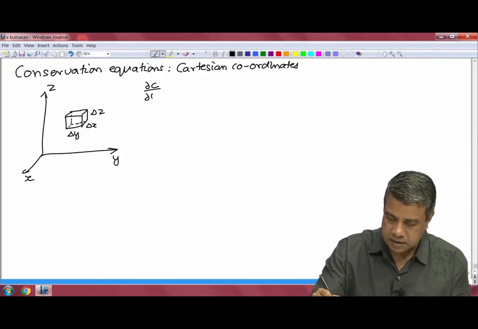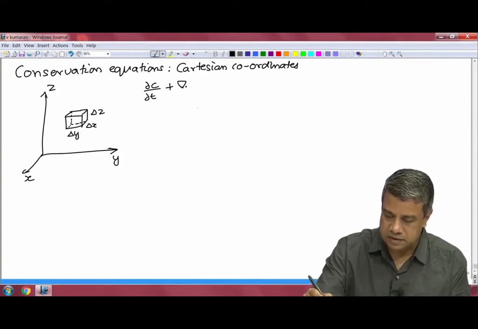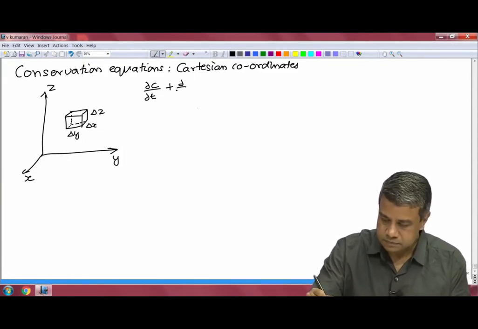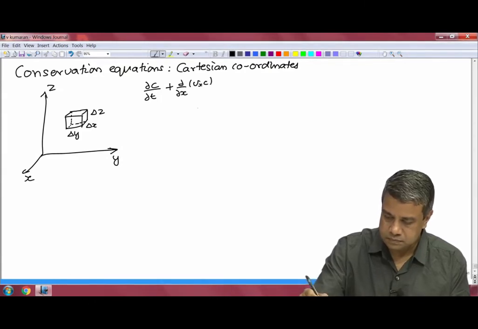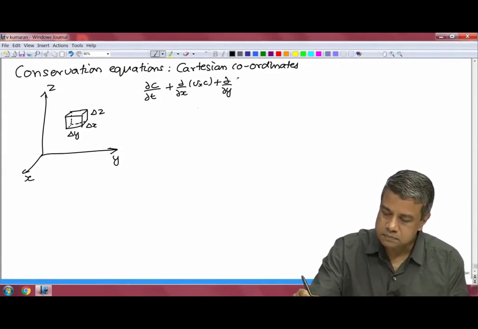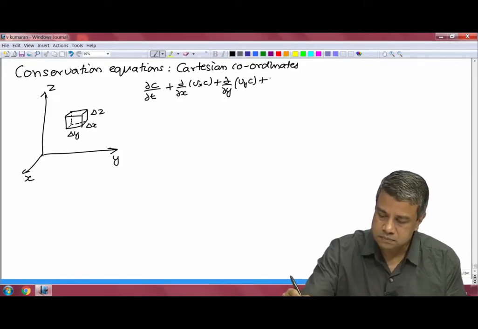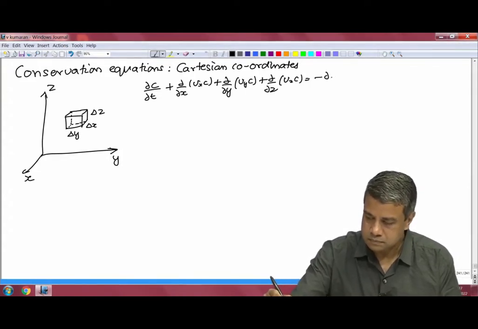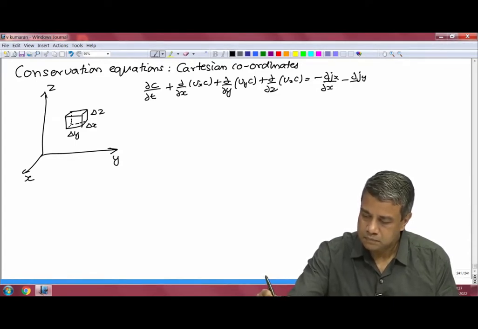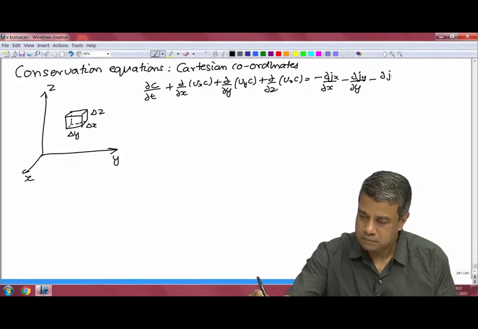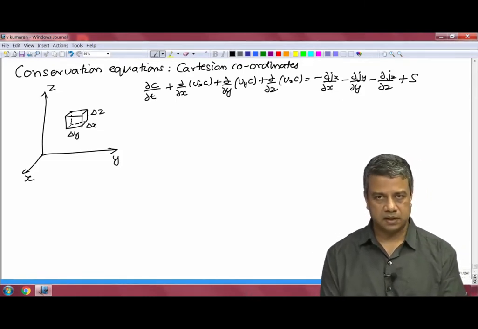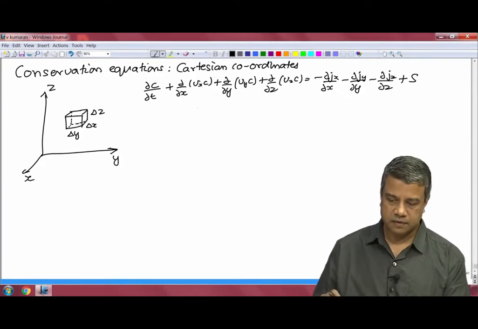Partial c by partial t plus the divergence of, sorry, plus the source. Okay. So, that was the conservation equation that we had derived for this differential volume,